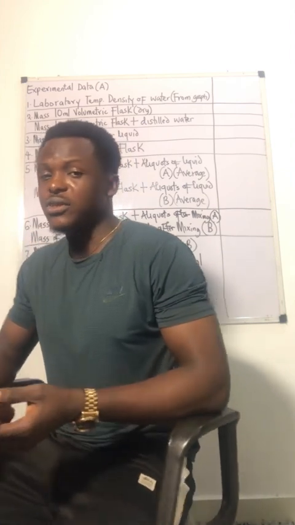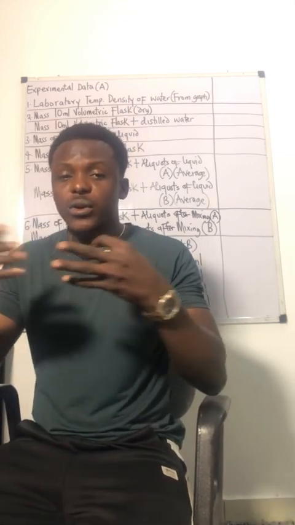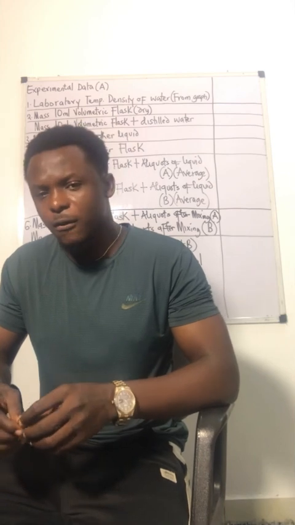Now, volume conservation basically refers to whether the expected volume is the same as the actual volume. For instance, if you bring 10 liters of water and mix it with another 10 liters of water, expectedly you should get 20 liters of water, right? And if you carry out the experimental procedure, in real time you're still going to get 20 liters, because the two liquids we are mixing are the same type. Same thing will be applicable if I bring 10 liters of ethanol plus another 10 liters